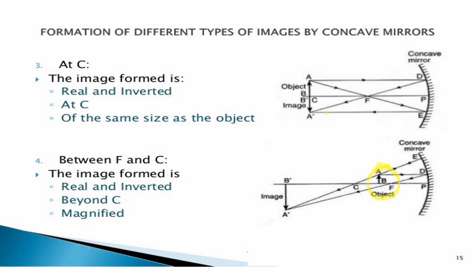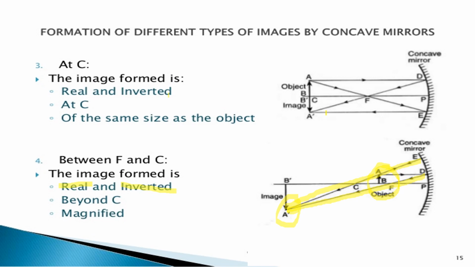What we'll do here is draw one line along the center of curvature. So you know already that the reflected ray also should superimpose this incident ray. This also should go through the focal point. Now these two rays, the reflected ray formed by the first one and the reflected ray formed by the second one, both of them are going to meet at this point. So from here onwards, we will draw one line onto the principal axis. As this image is formed by actual intersection, the image formed here is a real image, and we are getting an inverted image.